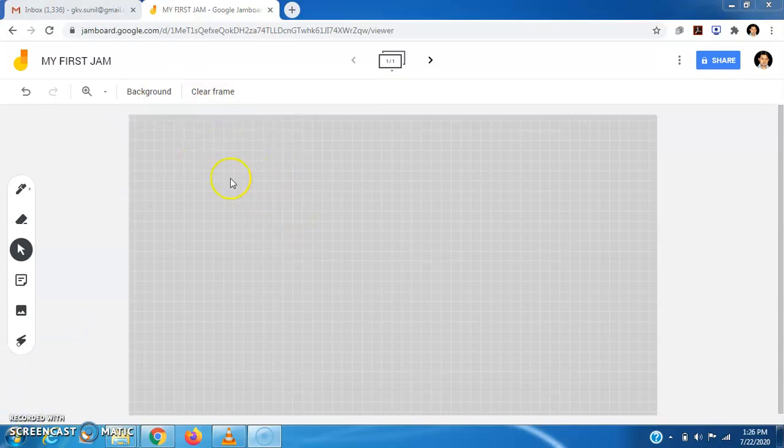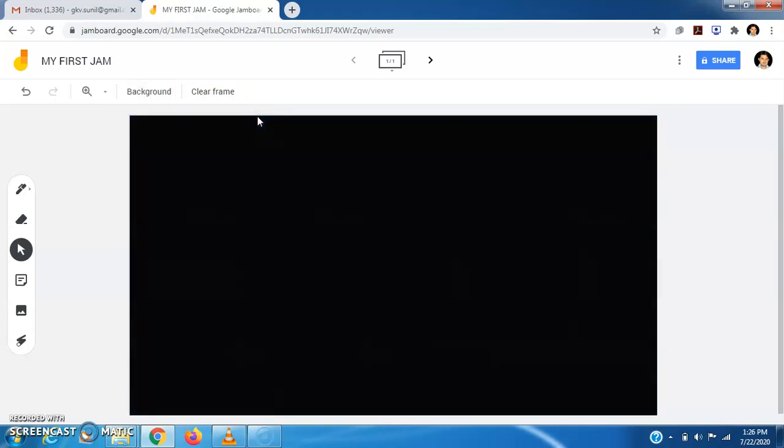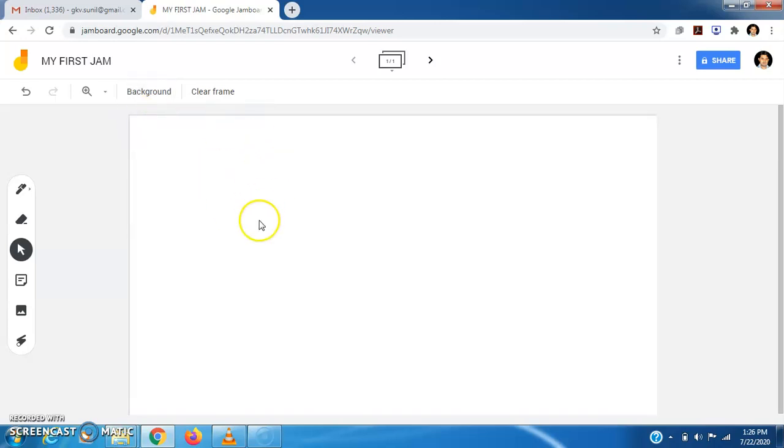So in this way we can choose any background. If you want to change the color, we can do that. If you want to make it a blackboard, then we can make it a blackboard. Currently we are choosing a whiteboard.